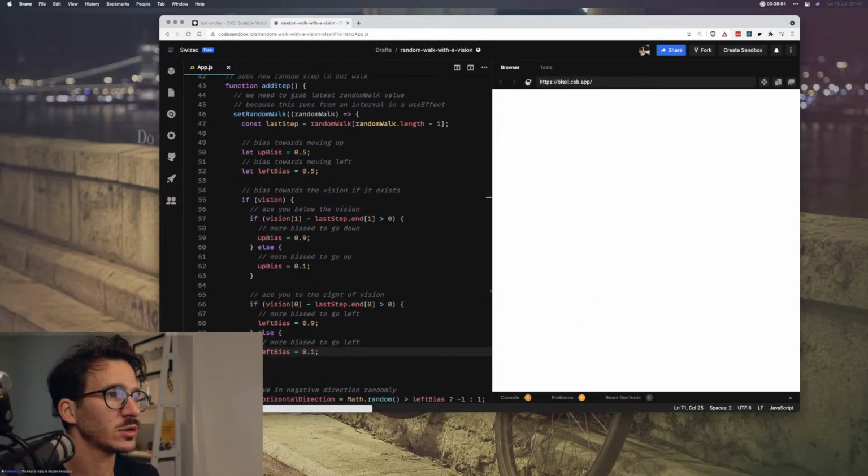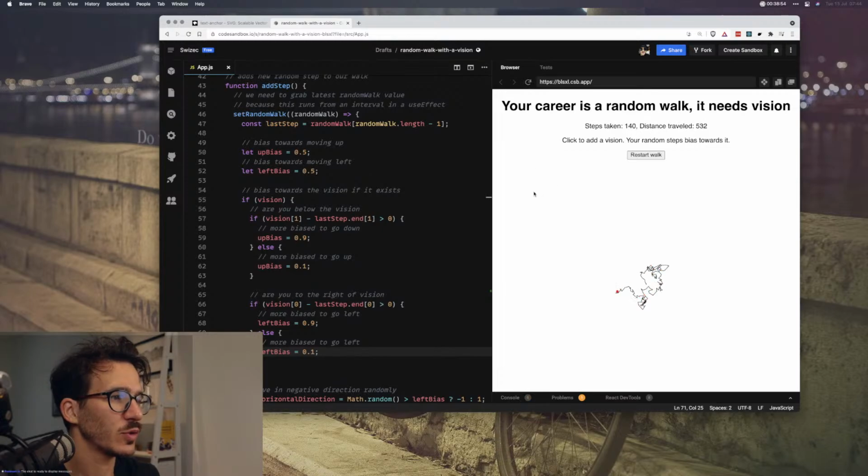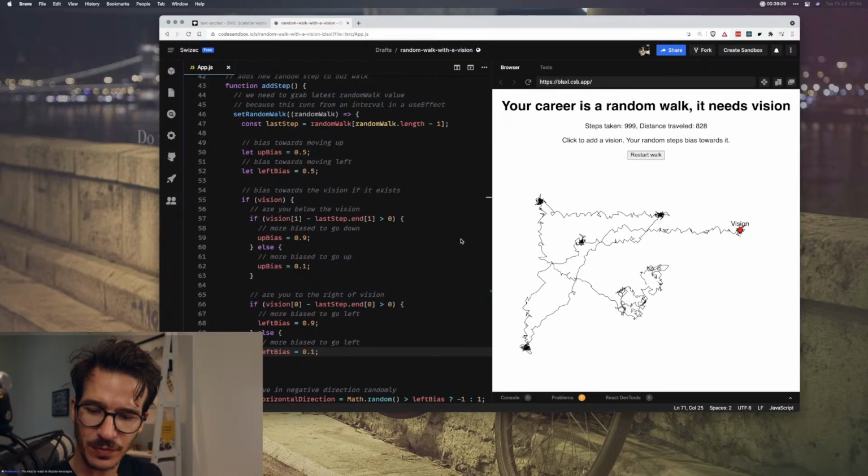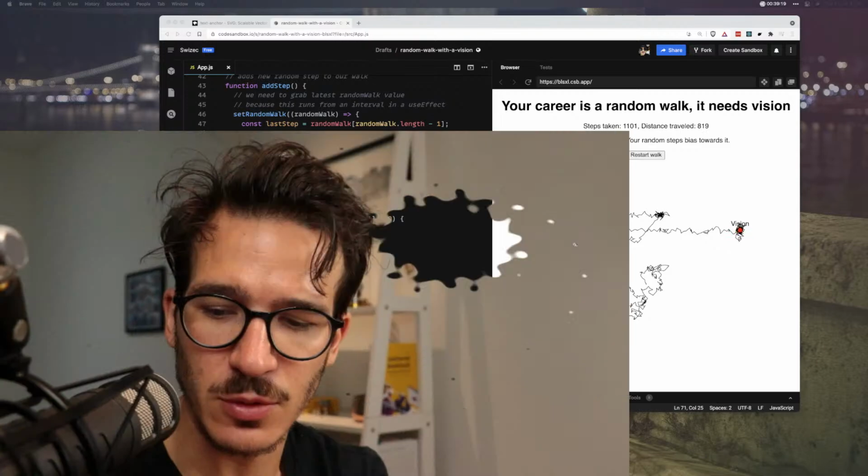Load the page. So we're walking randomly, we add a vision and we move towards it very quickly. Sweet. Okay. I think this is a marvelous success. We got it working, guys. I know nobody was there. Well, numbers said there were some of you there.